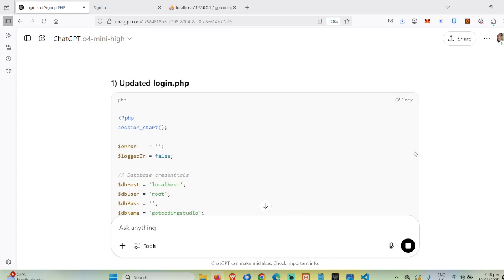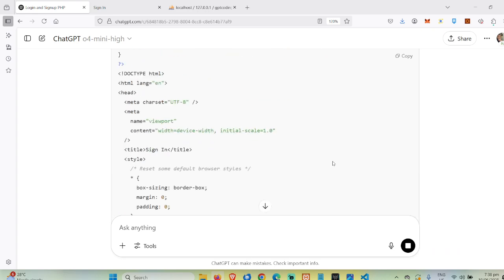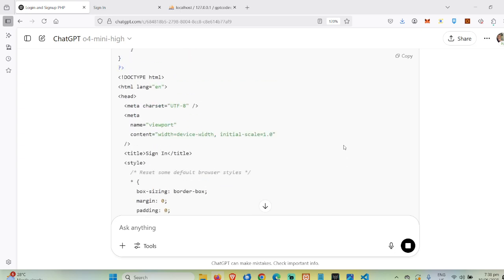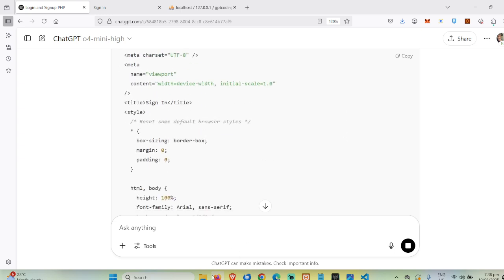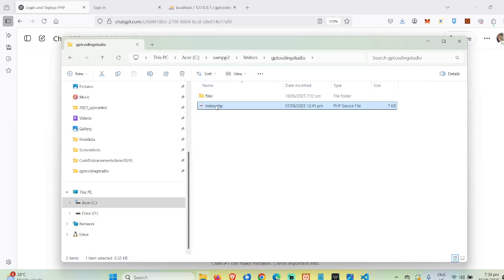This is our code before. This is the index.php actually. Okay, this is the index.php code. We should back up first our index.php.